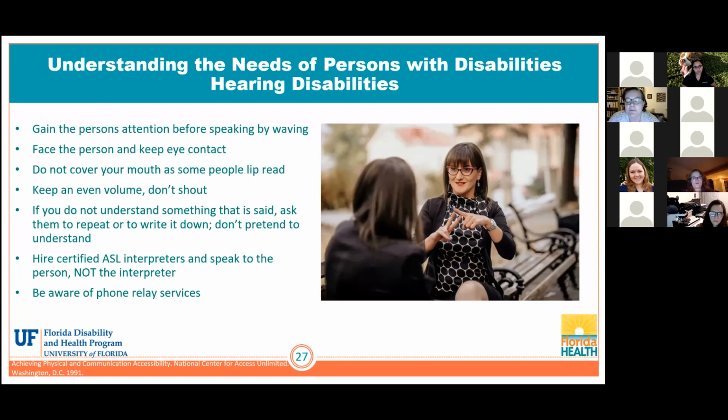Shouting often does not help. And when you shout or speak too loudly, you can end up embarrassing somebody or accidentally revealing information you don't mean to. So if you want to actually communicate with someone who is hard of hearing, but not completely deaf, one thing that I would recommend is trying speaking in a lower tone. My understanding is that people who start to lose their hearing often start to lose it at higher tones first. And so speaking in a lower register might enable them to hear you better.